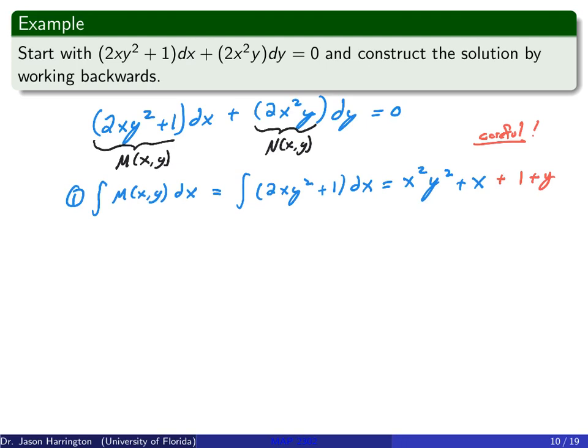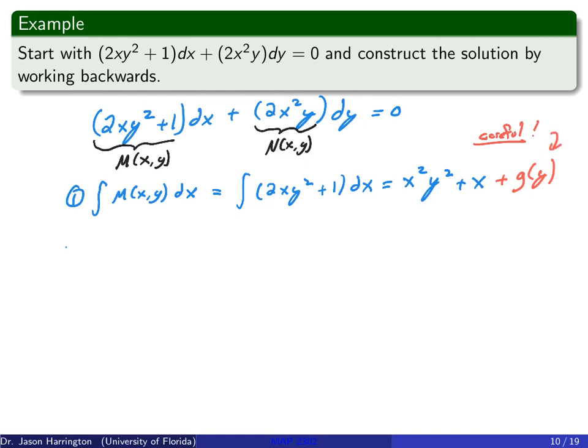But notice I can also put y. And why would I put y? Well, that's a good question. I would put y down because what's the derivative of y with respect to x? It's 0. And really, anything in there with y's and numbers is going to have derivative 0. So instead of a constant number, I'm going to say plus any function g, or sorry, any function of y. So g is a function of y. Any function of y, the derivative is going to be 0, going backwards.